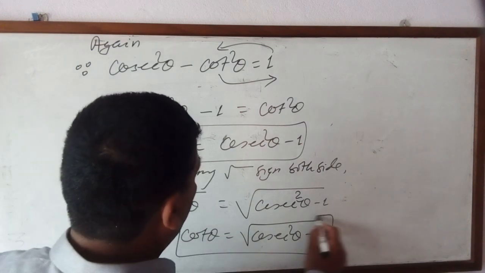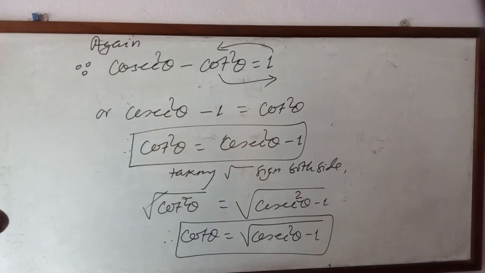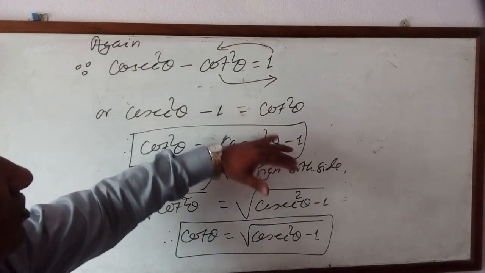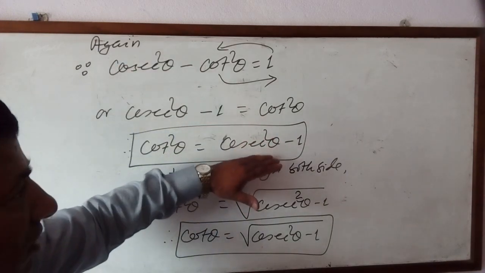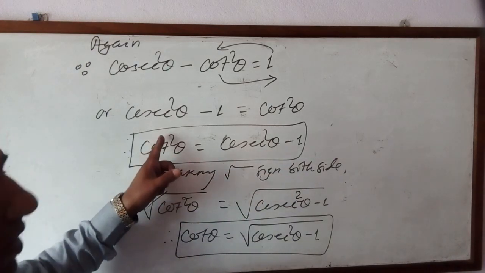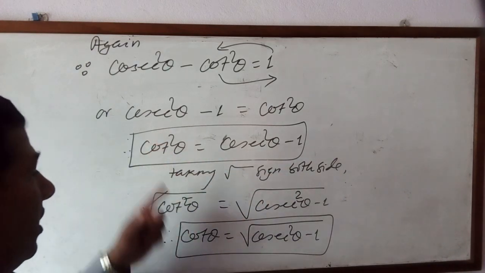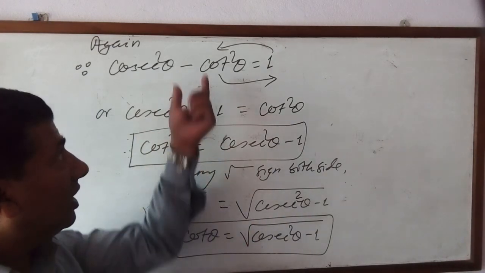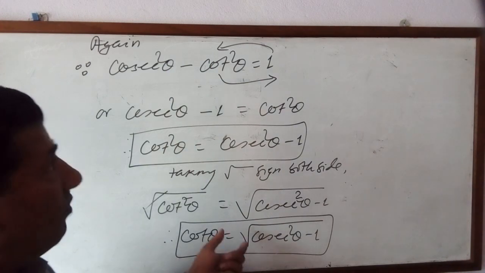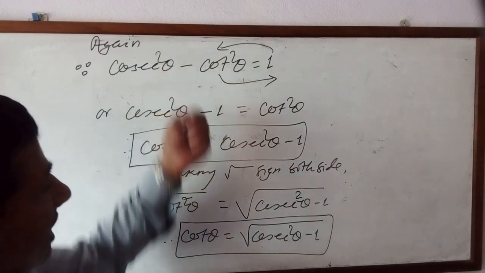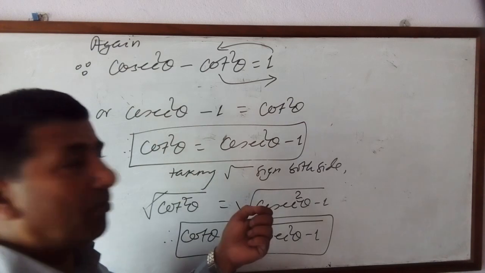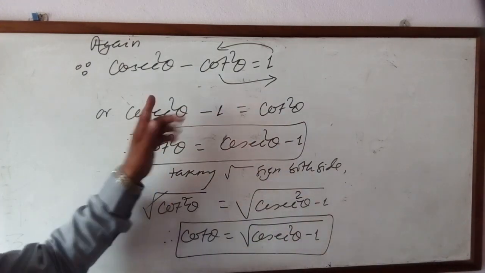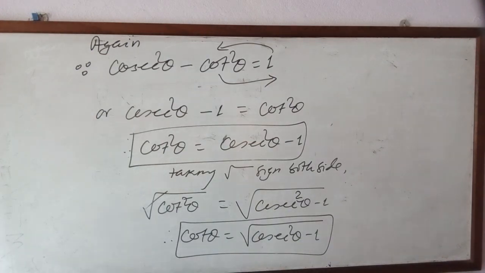Now from here, what did we derive? Cosec square, this is the main formula. From here, cosec square minus 1 equals cot square. If we remove a square power, then if there is no power, it will be a root sign. Remember this. Do not think these three are different formulas. No, they are the same formula, only their structure forms are different. From here we derive this also, this also.